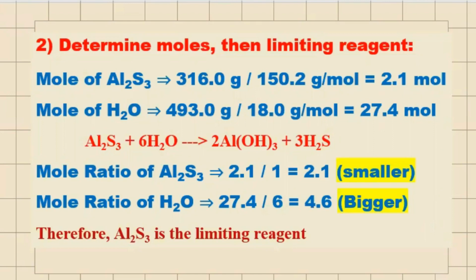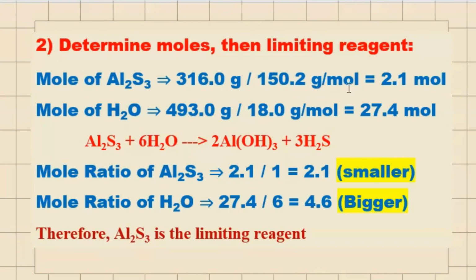Okay, by using the two given values, you have the given mass of aluminum sulfide and the given mass of water. Then calculate the number of moles. The number of moles is calculated by the formula: given mass divided by molar mass. Therefore, moles of aluminum sulfide equals 316.0 gram divided by